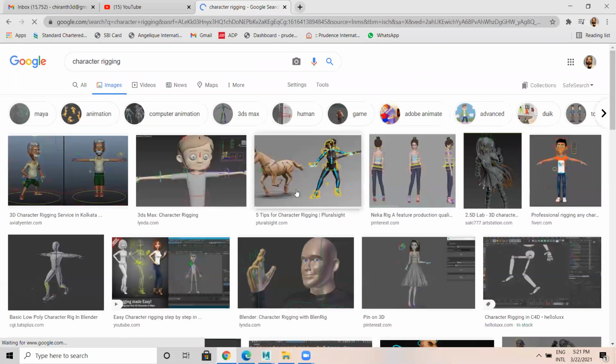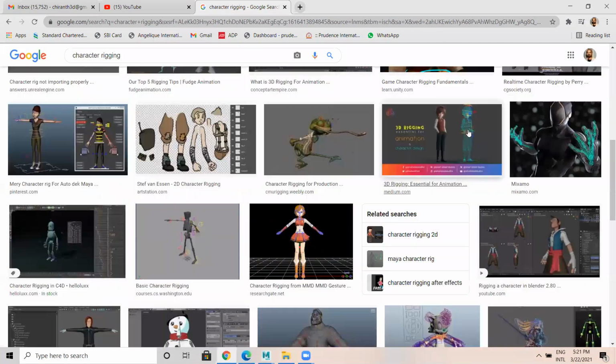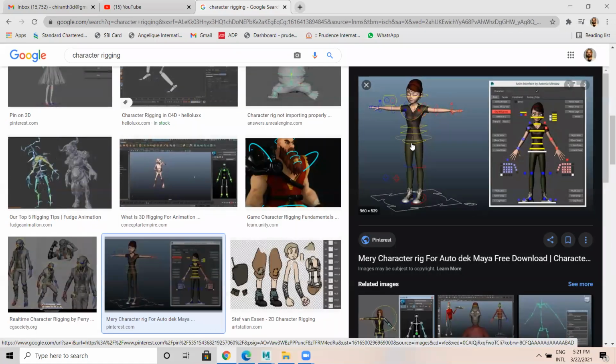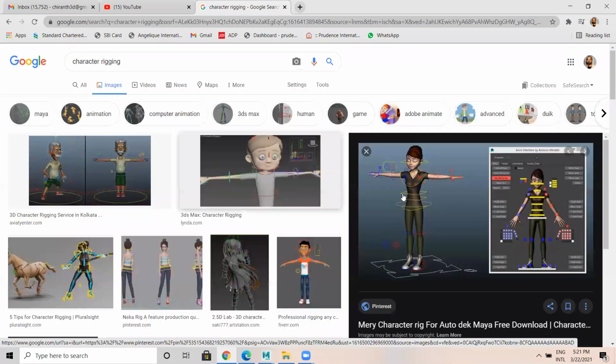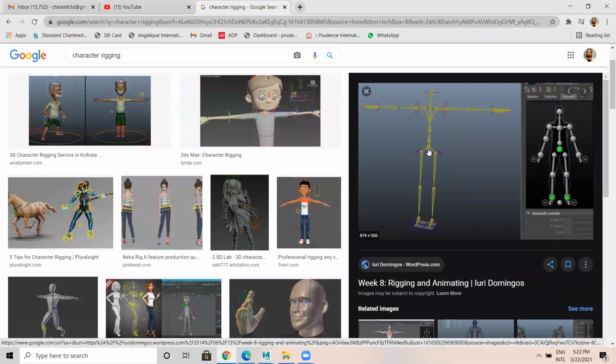I'll just show you what it is. So normally this is a character. For the character we do the rig. Here the center curve, this particular point, is called the root joint. This is the root joint. So we can work on this. Let's see. This center joint is the root joint. I'll let you know how to work with this and all.